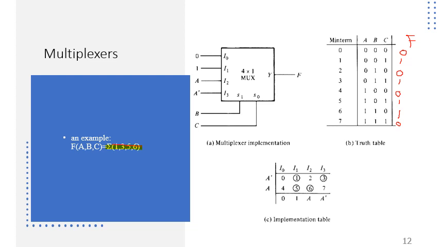The first method which we're going to discuss is that we map the logic of the most significant input. In this particular case, A is considered the most significant input. The logic of that should be implemented by use of these 4 users, the 4 inputs, and the remaining 2 lines should be connected with the selection lines of the multiplexer. The implementation table is basically a table used to implement any Boolean function by use of multiplexers.